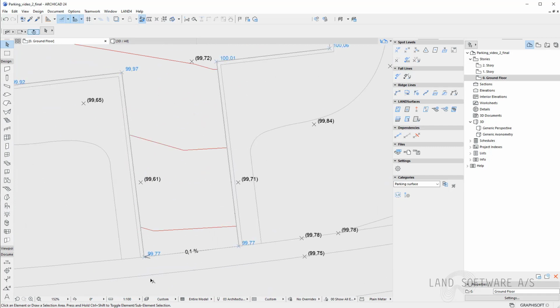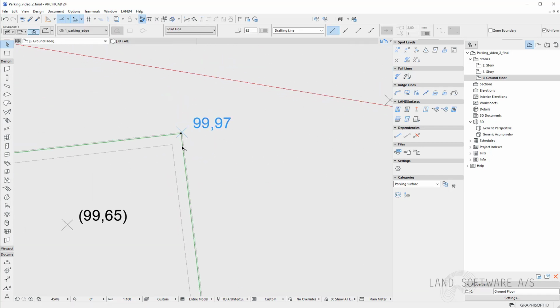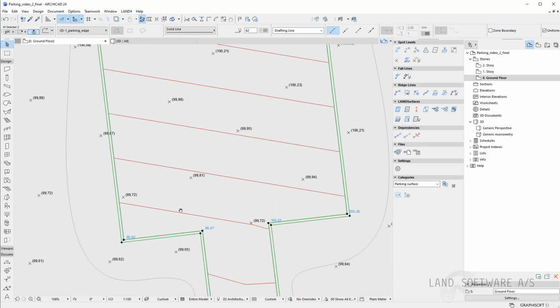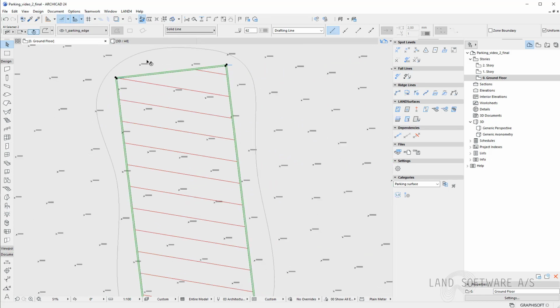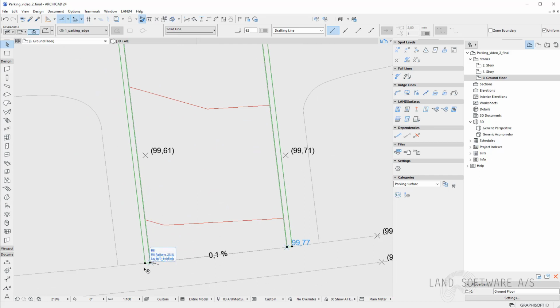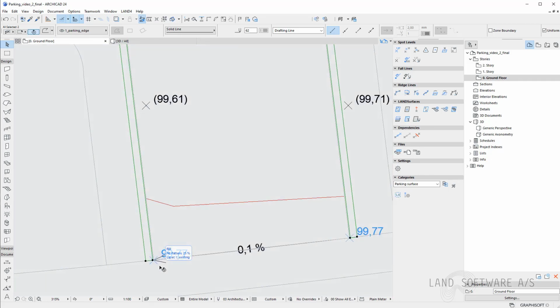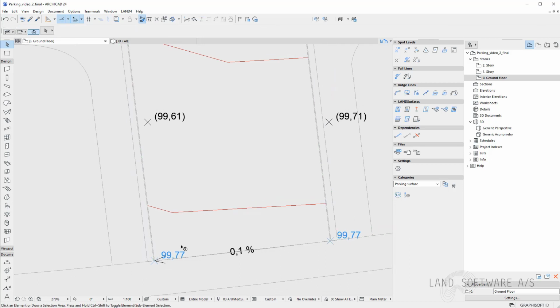For the parking edge, I would like to have a height distance in between the parking edge and the parking surface of 10 centimeters following the parking surface, except here where it meets the road. So here I'll use once again the gravity tool to simply place a spot level, which I will basically copy from the terrain or from the existing road here.